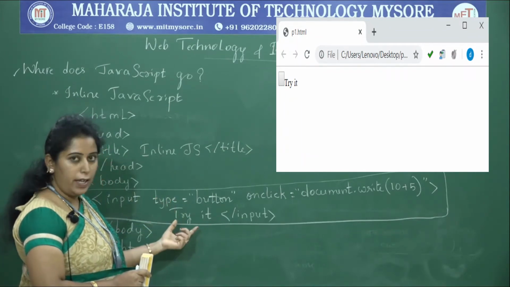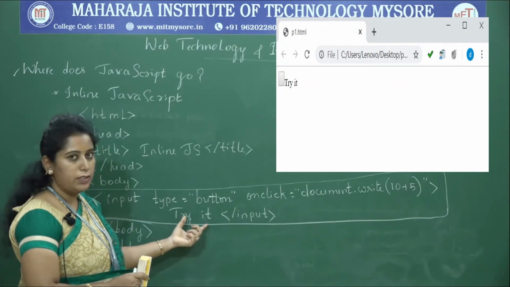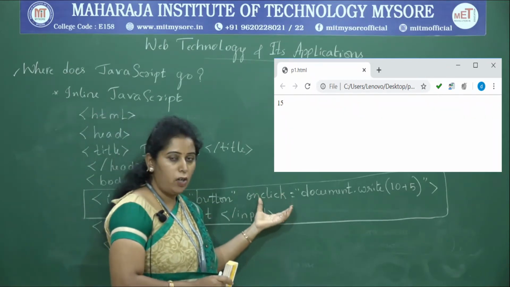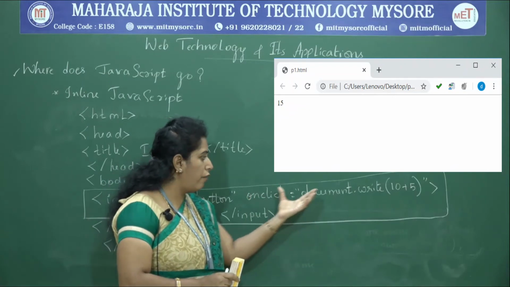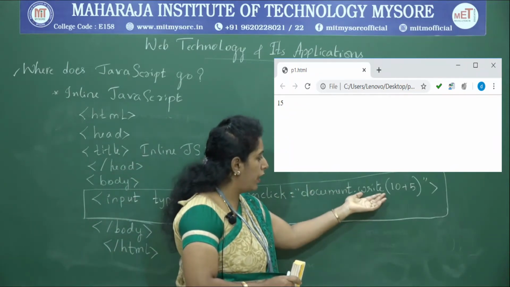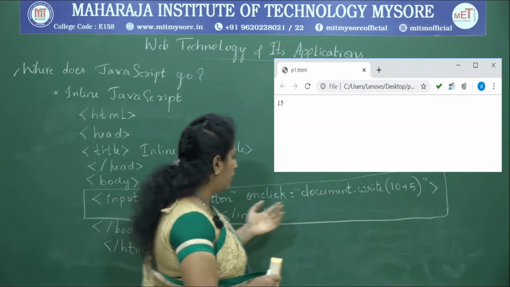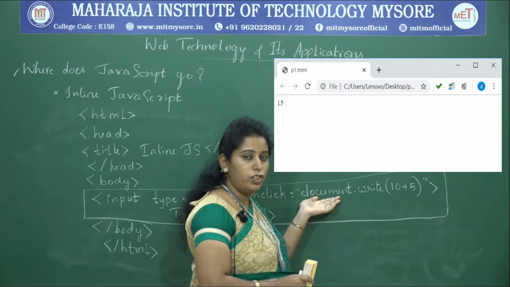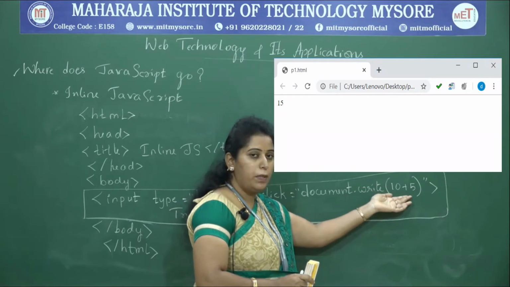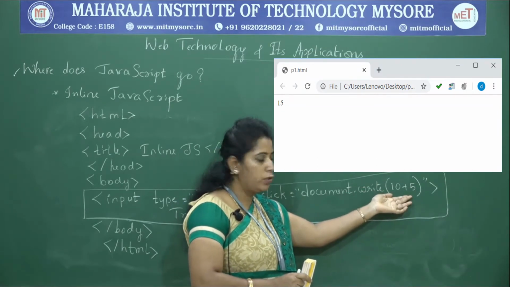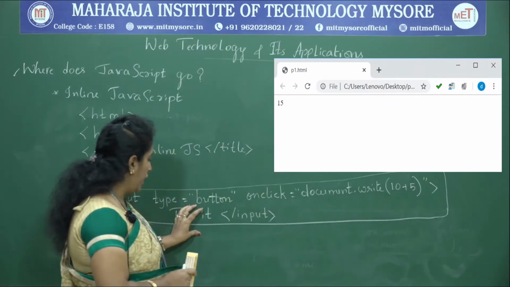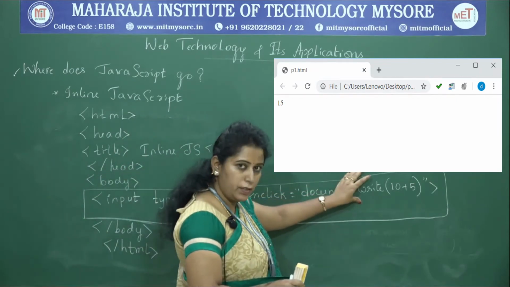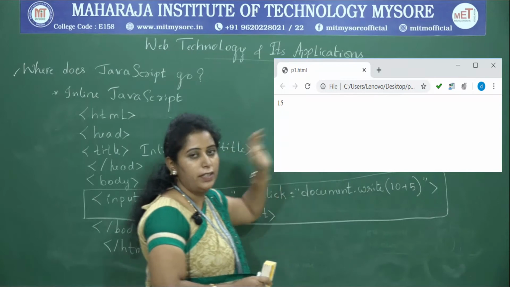When I click on the try it button, it performs the onclick operation. For onclick I have assigned document.write, which is going to print on the screen, the HTML output. It performs some addition, 10 plus 5. Finally, when I click on try it, onclick gets activated and prints this value. The output you can notice is 15.